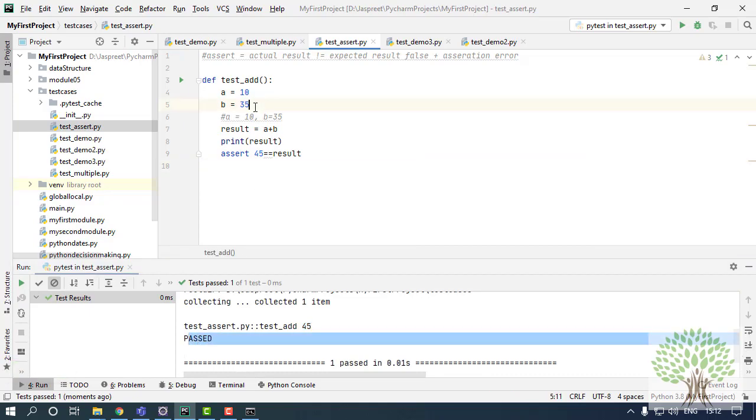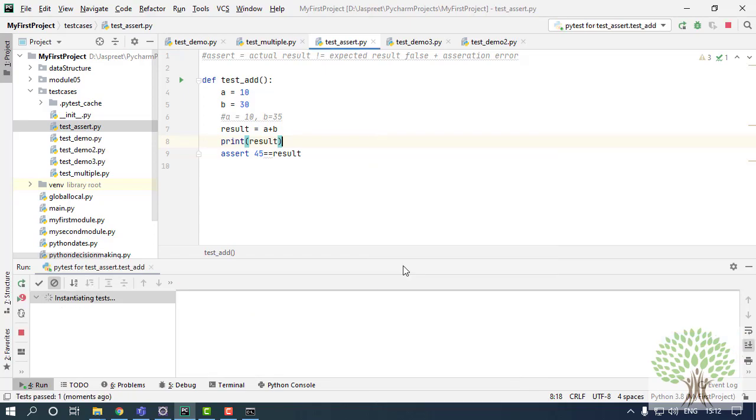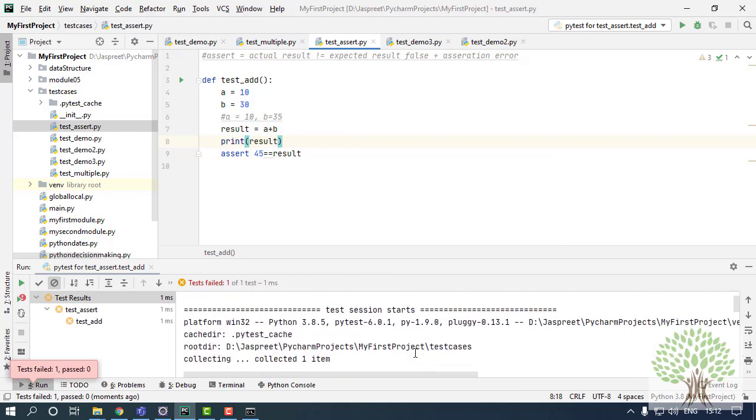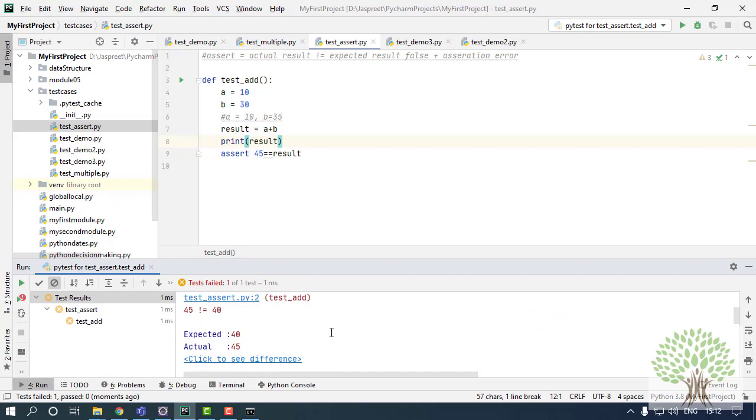Now suppose my variables are something different. It's 30 instead of 35, the value of b. Now the result should be 40. The result is going to be 40, but I am expecting the result as something different. So I'll run this, and this time it's going to fail the test case and give me an assertion error like this.